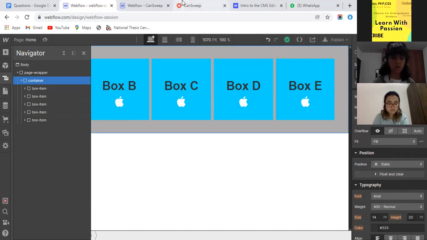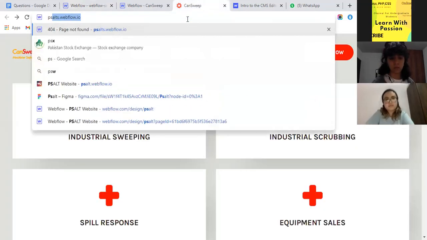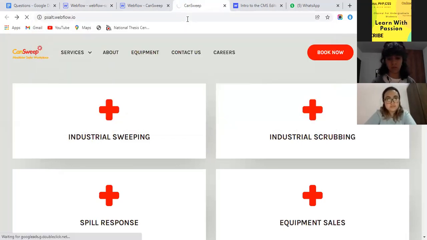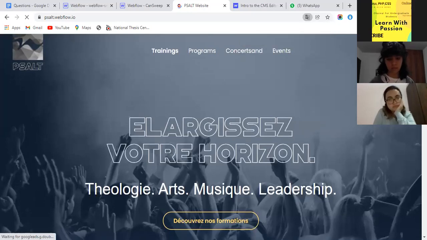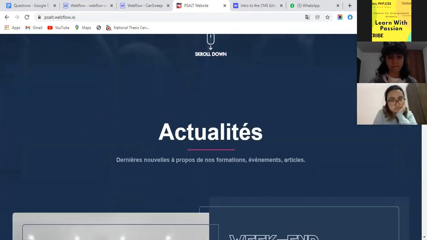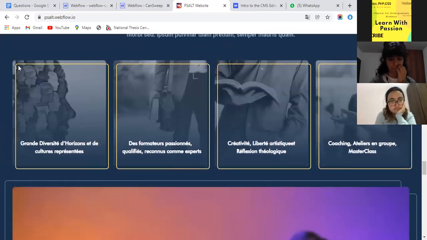Let me show you an example from another ongoing project of mine, which I am also working on in Webflow. Here I used Flexbox grid and made these four boxes, and we have this yellow border.